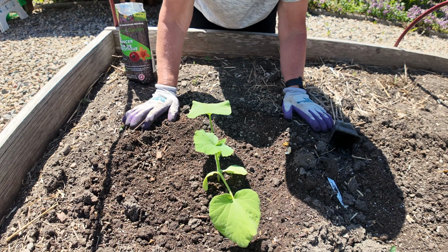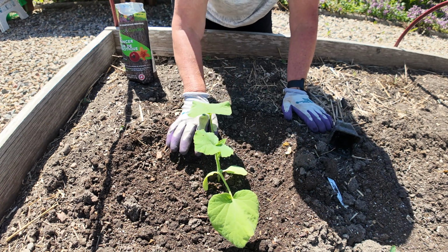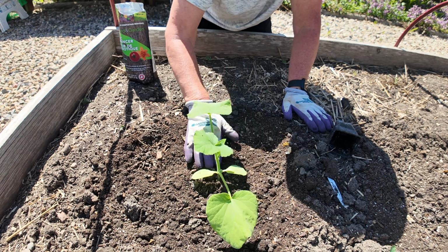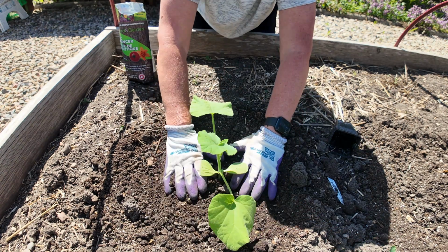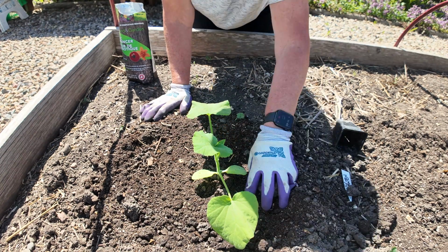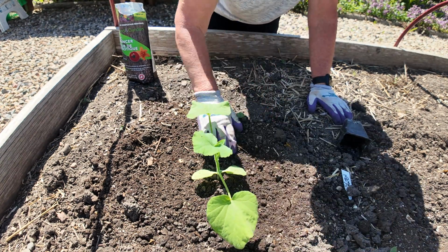And you shouldn't go any deeper than those seed leaves, which are these leaves that are sort of yellowing. You shouldn't go any deeper than that with any of this family. And so I like to do this,